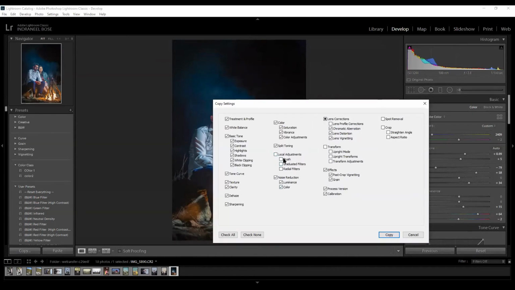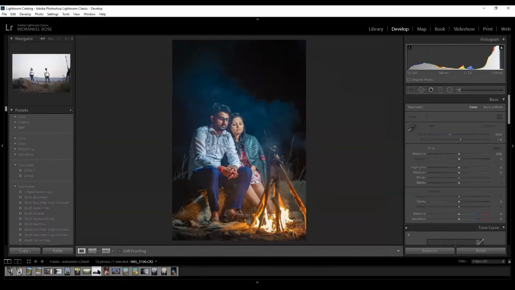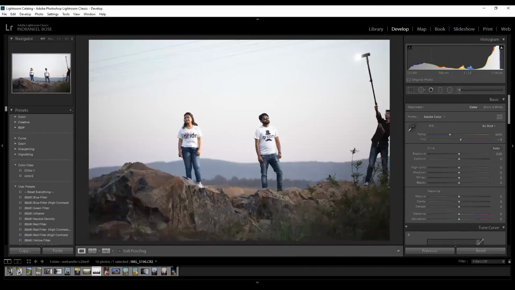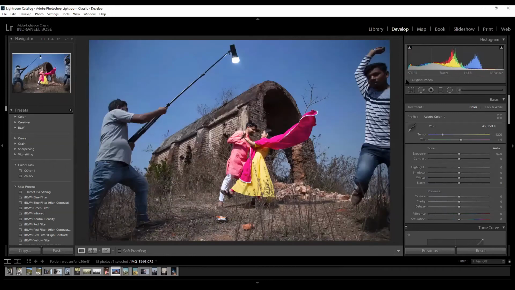Split tone has been done. No local adjustments are showing right now. So I've copied it out. But we have done one local adjustment here, see, I have already saved it. That's why it has removed the local part. Now let's do one thing.